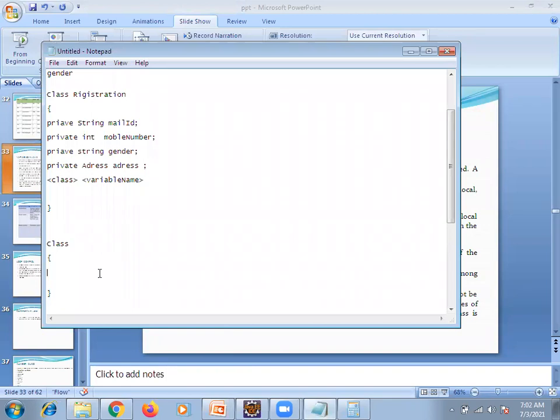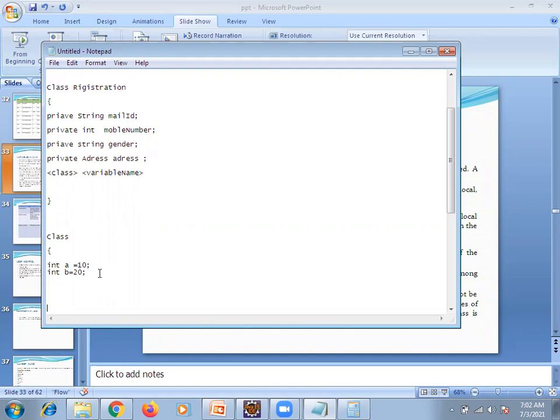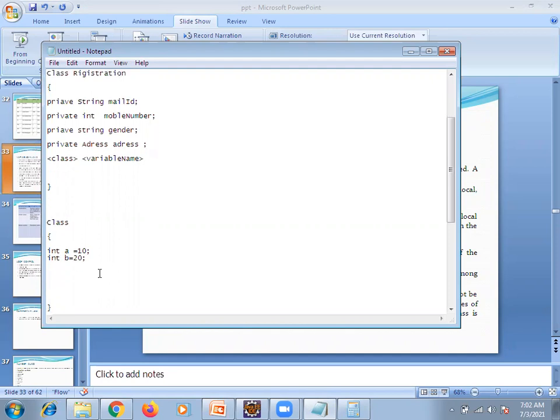This is the class. int a equal to 10, int b equal to 20. Now this is class level. Now what I am trying to do is public void add.